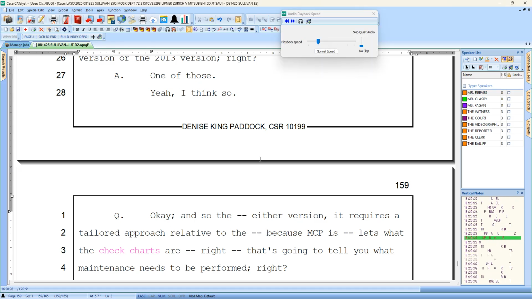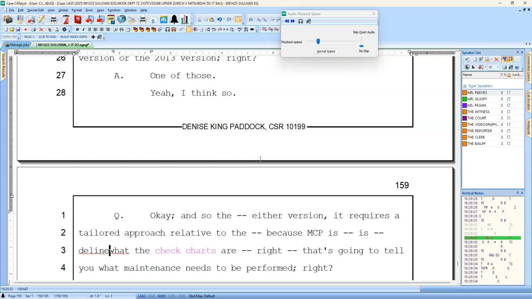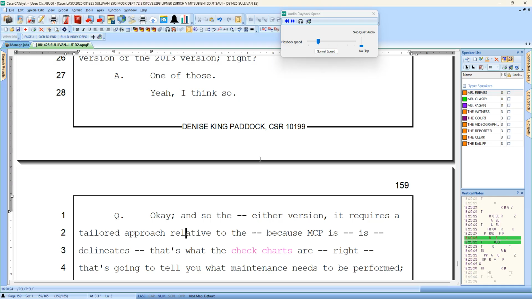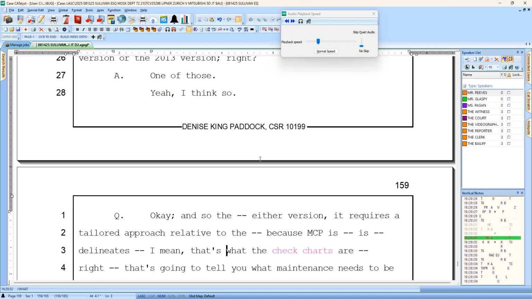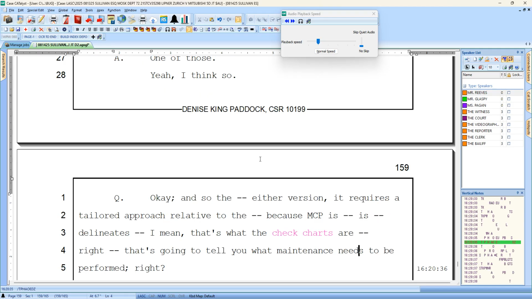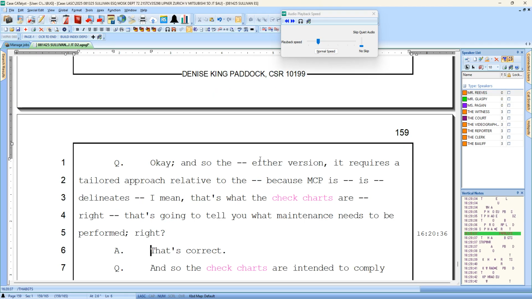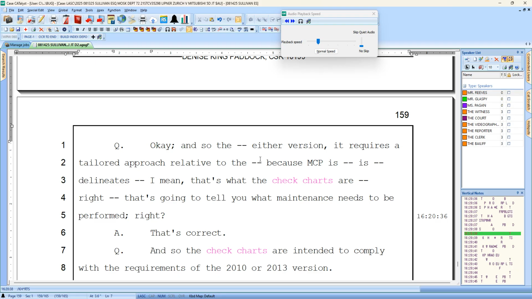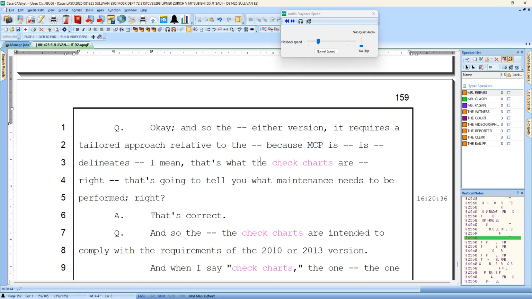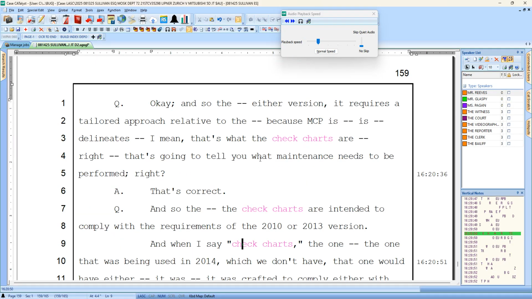Because MCP delineates, I mean, that's what the check charts are, right? That's gonna tell you what maintenance needs to be performed. That is correct, yeah. And so the check charts are intended to comply with the requirements of the 2010 or 20,